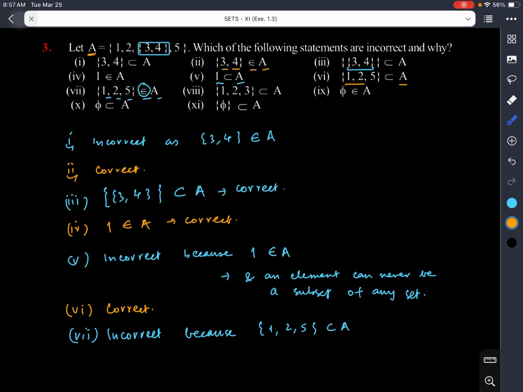Towards the next part. The set with elements 1, 2 and 3 is a subset of A. So this statement is incorrect, because in this case, this element 3 comma 4 hasn't been taken completely. Here only 3 has been taken. So this statement is incorrect, because